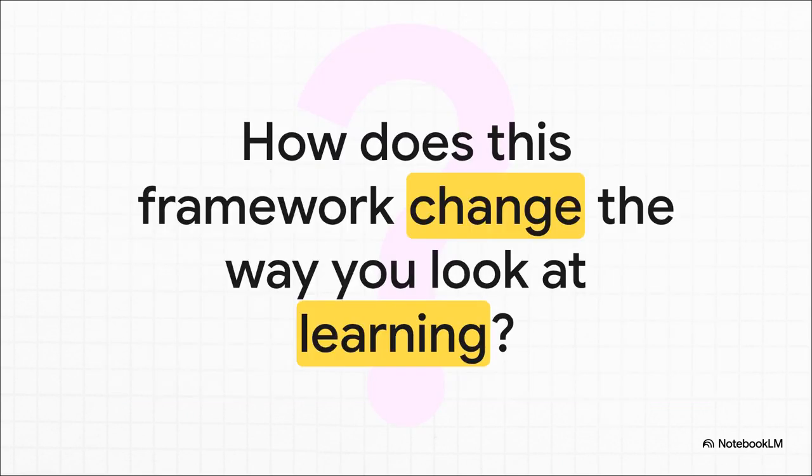So you see, these aren't just a couple of academic terms. This distinction is really a framework for understanding how learning is built, from the highest goals right down to a single lesson plan. So it leaves us with a question. Now that you can see both the map and the terrain, how does that change the way you look at your own learning?